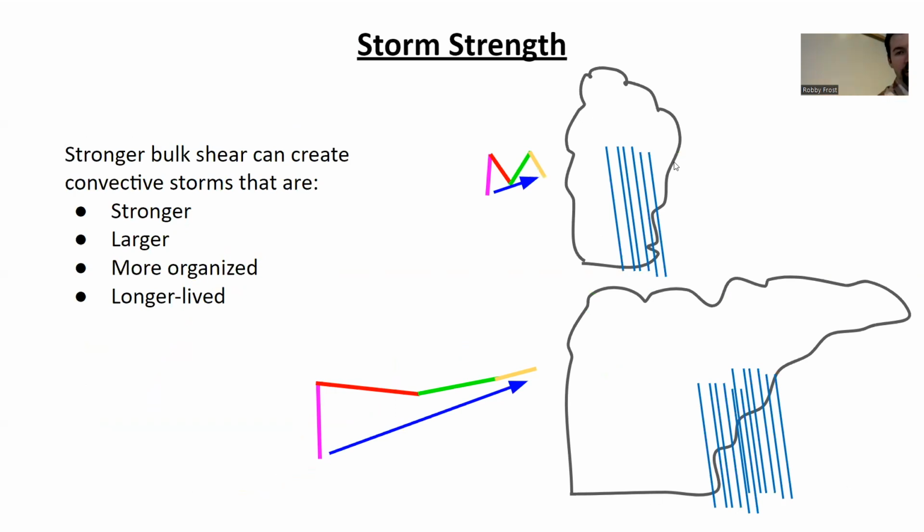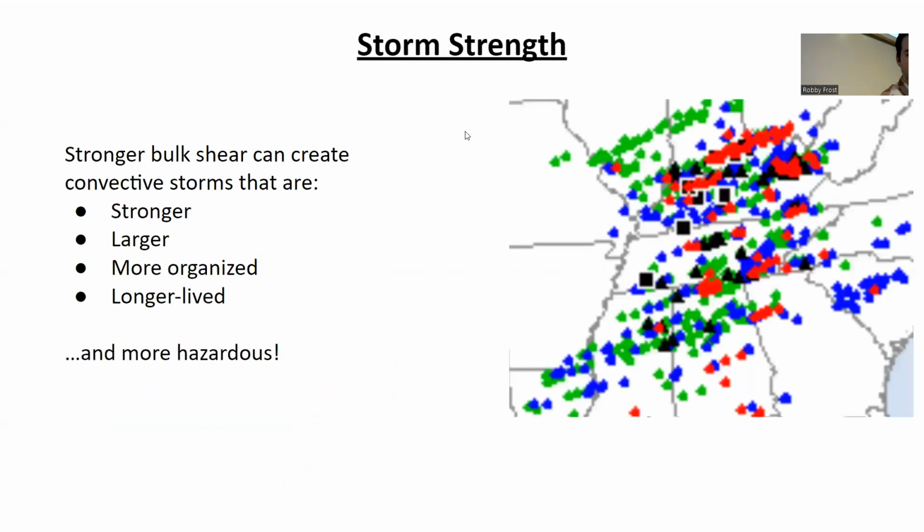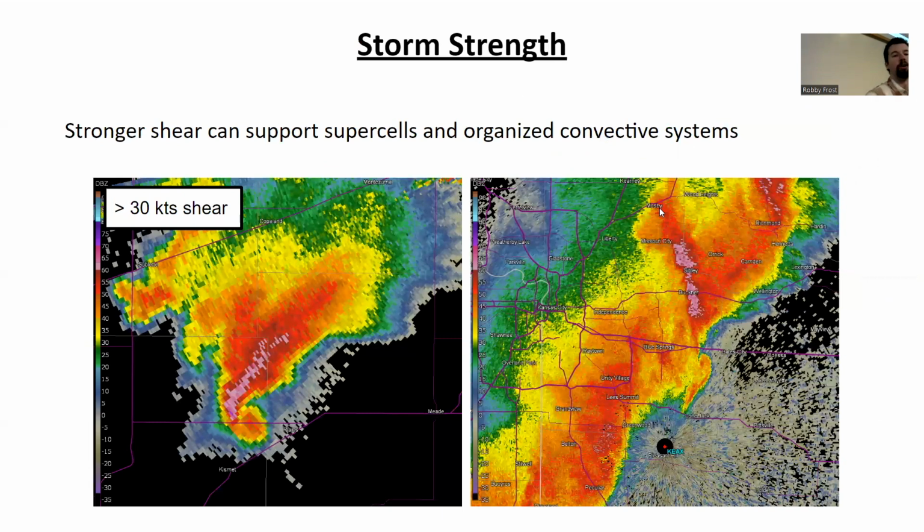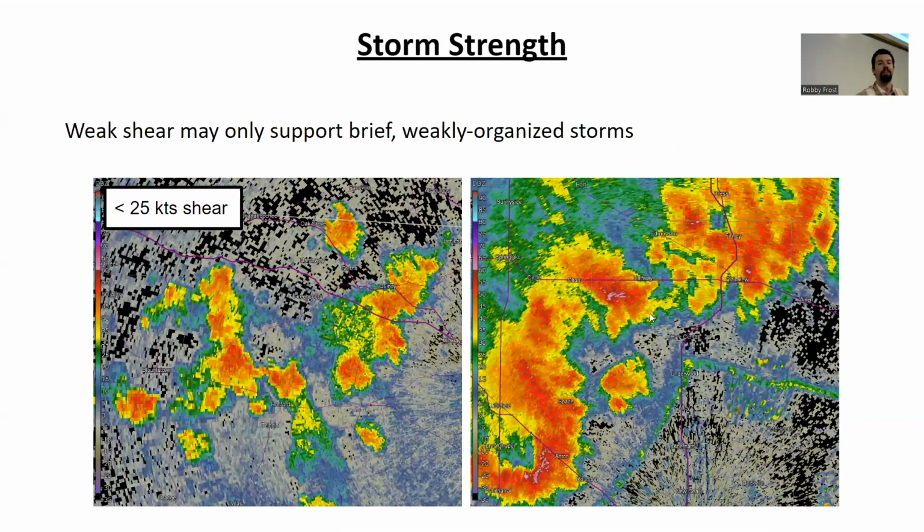Here's my little doodle here. Usually when we have weak shear, we're dealing with more single cellular convection, but stronger shear can lead to more hazardous storms like this case here. So usually when we're, say, above 30, 35 knots or so, you usually have a risk of supercell storms, and we'll talk a lot about those later, both discrete and in convective lines. And when you have less than 25 knots or so, you're usually dealing with a more messy single cell, multi-cell,